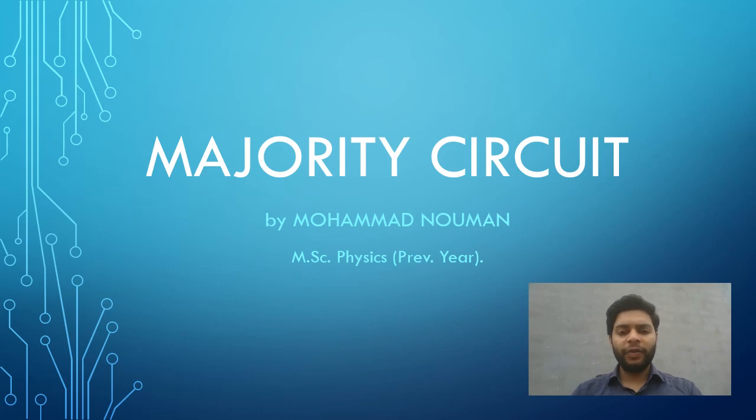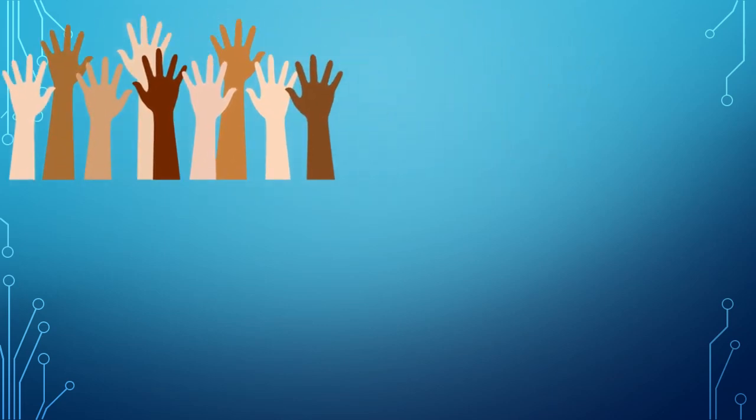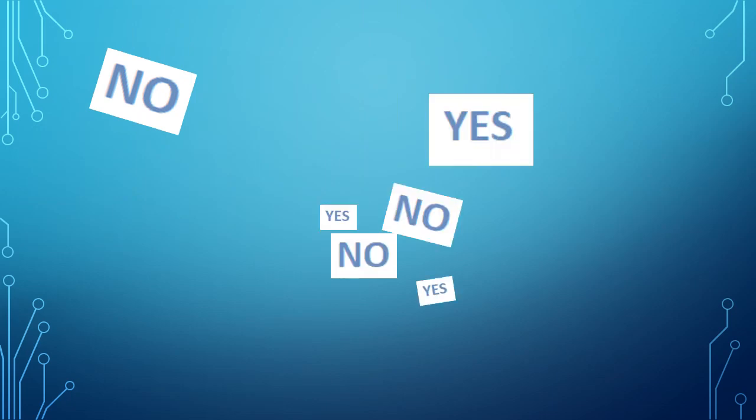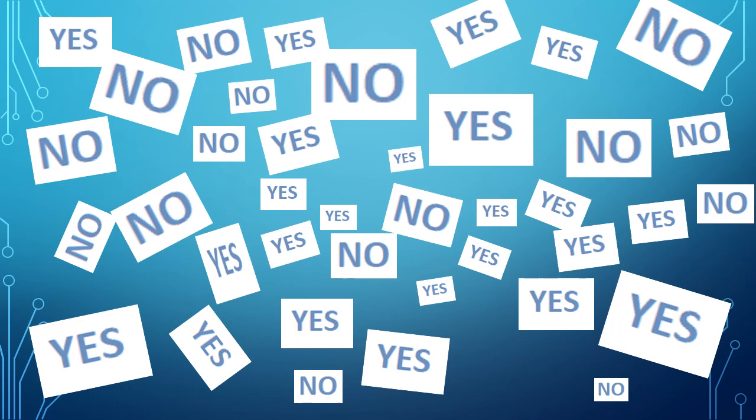But let me warn you that majority is achieved in many problems after crossing a higher mark like 67%, and the concept is no more binary. But let us start with the basics and look at some problem. It can be a yes and it can be a no, and there are yes and no's everywhere. So to save the world from this chaos of yes and no's, we came up with the concept of majority.